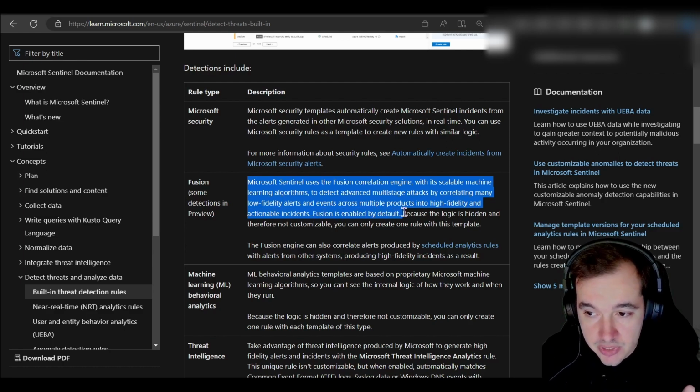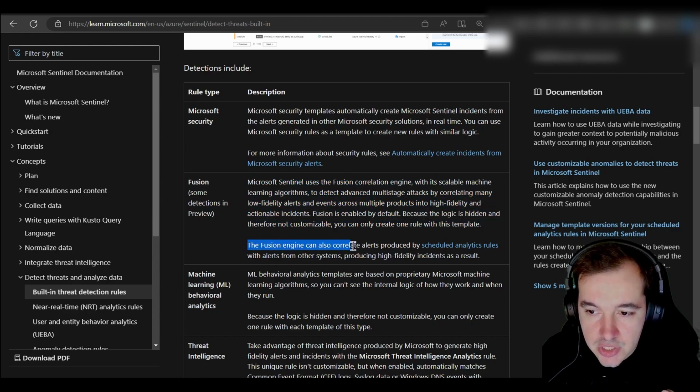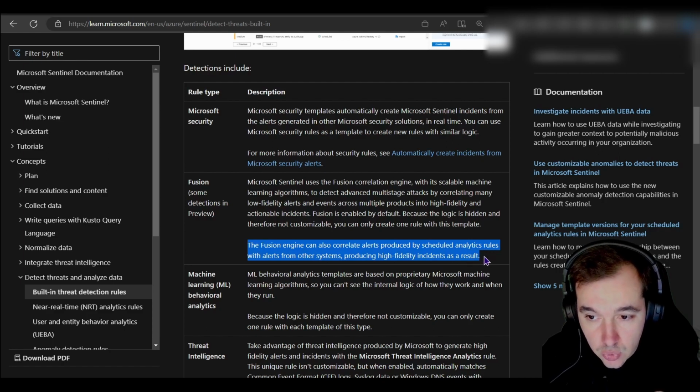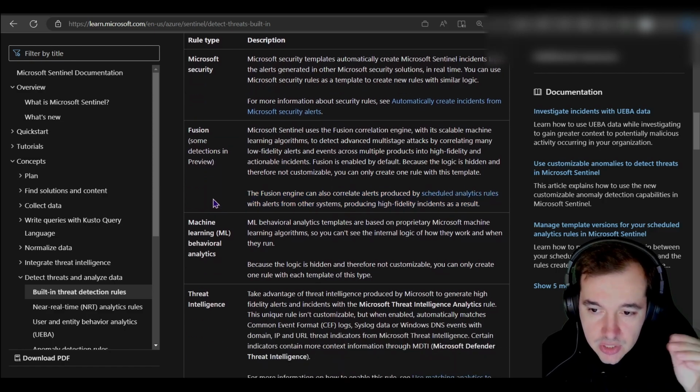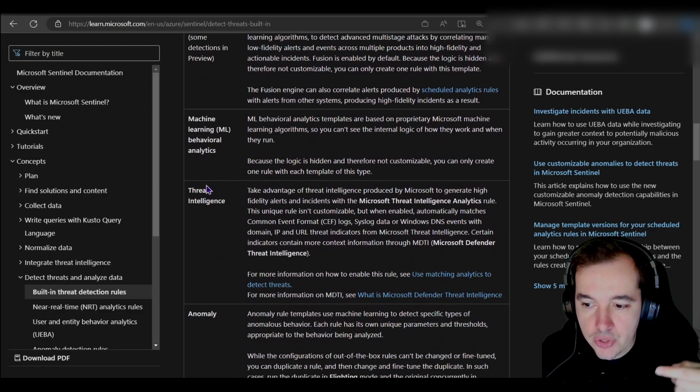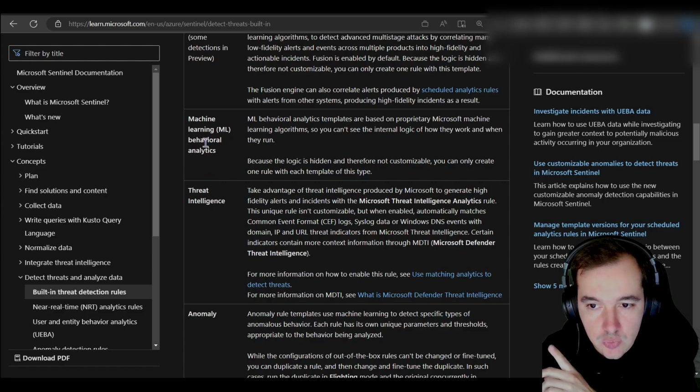Fusion is enabled by default. Because the logic is hidden and therefore not customizable, you can only create one rule with this template. The Fusion engine can also correlate alerts produced by scheduled analytics rules with alerts from other systems, producing high-fidelity incidents as a result. But in this document, you have more details on all the other analytics rule types that we have: